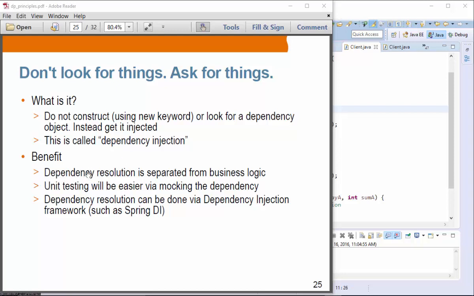The benefit is that dependency resolution can be separated from business logic. You do not want to mix up creation or search for the dependency object with the business logic. Instead, you have the dependency object injected through a constructor method or setter method. Unit testing is also a lot easier because you have a chance of mocking that dependency object. In a testing environment such as JUnit, you create a mock object of the dependency object,